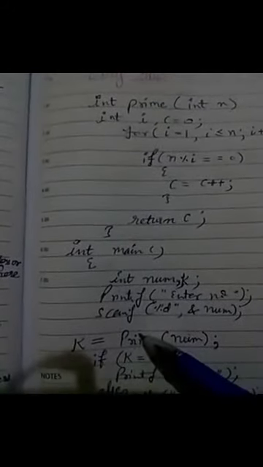So come here now, the main function, what will it do? I have defined here variables k and num. With the help of printf and scanf, we will enter a number which I want to check, and this number I will store in variable k with the help of function prime. It means whatever number I am using here to check whether it is prime, I will pass this number to the function prime, and that will check the value of c, and which will be stored in variable